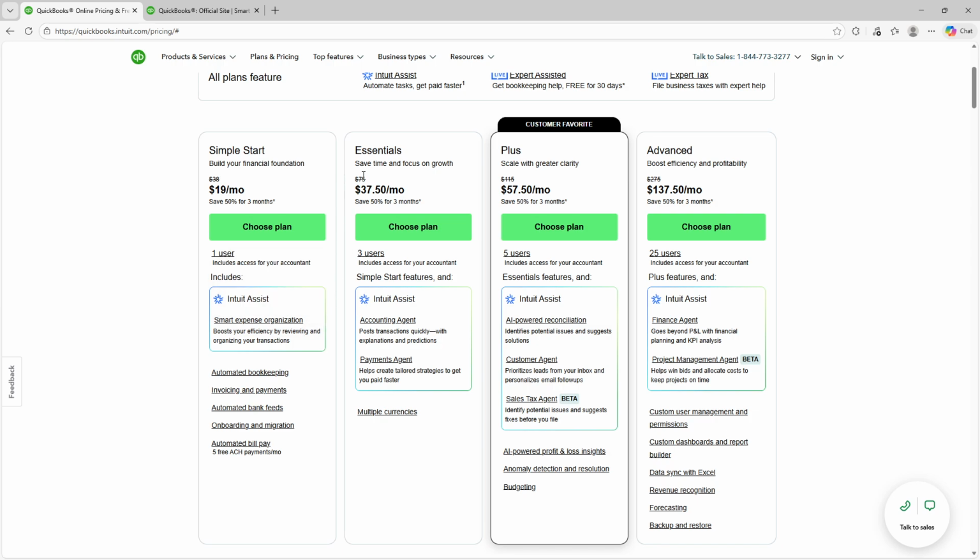Next is the Essentials plan at $37.50 per month. This tier supports 3 users and includes everything in Simple Start, plus helpful tools such as the accounting agent, which posts transactions with clear explanations and predictions. You'll also get the payments agent to help speed up incoming payments and support for multiple currencies, perfect for businesses